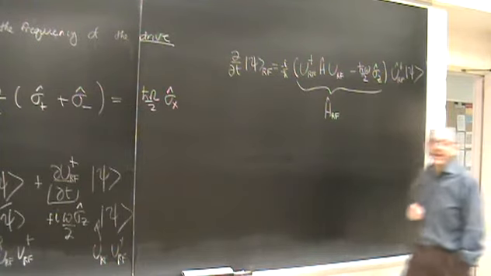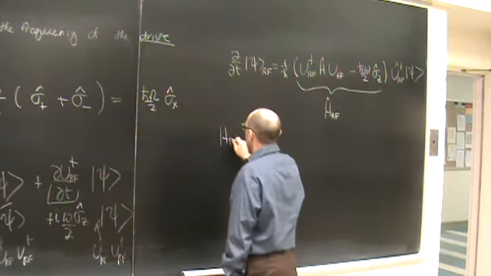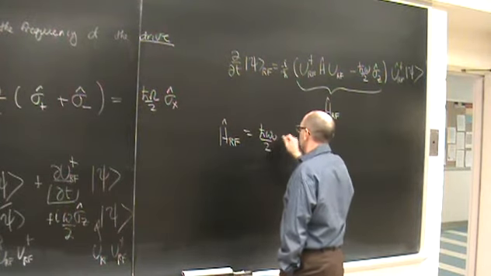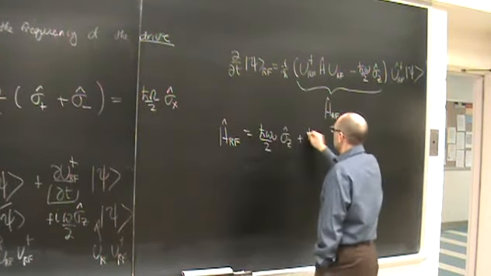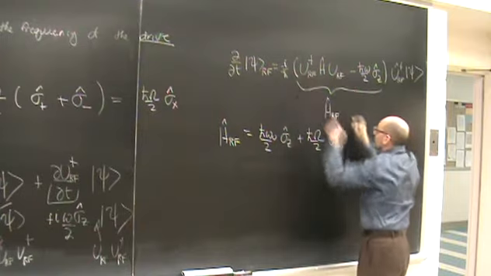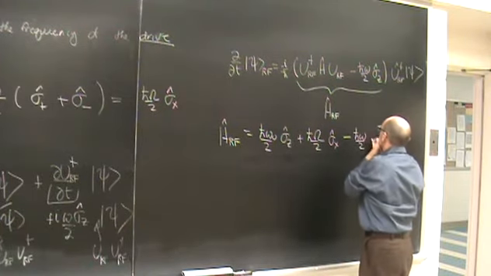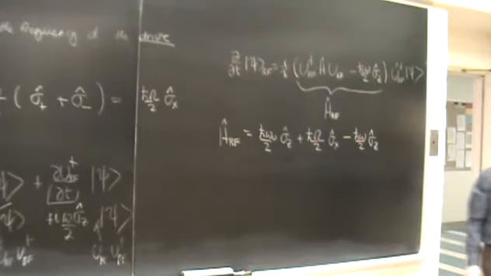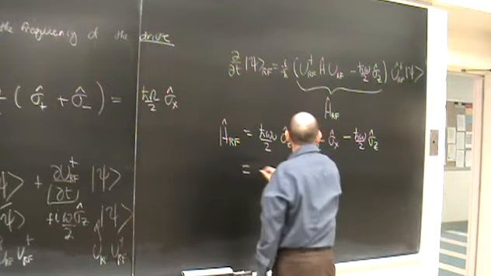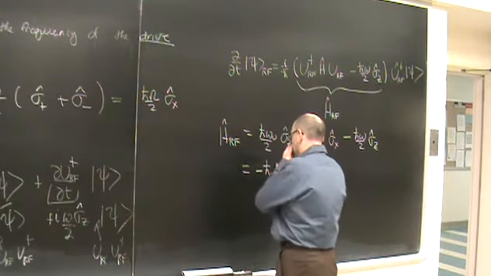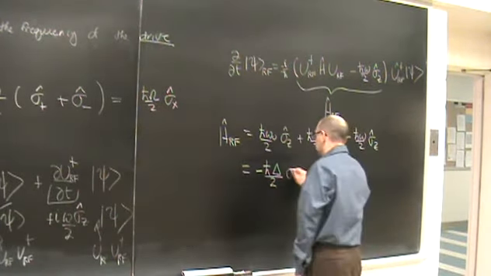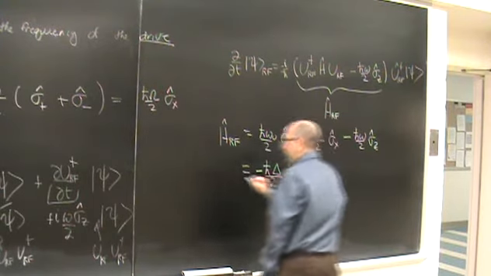Is that H naught plus the H whole naught? Okay. So let's write it down. So HRF, the effective Hamiltonian here, is this. Well, that was h bar omega naught over 2 sigma z plus h bar times the Rabi frequency over 2 sigma x. Okay, so that's this, minus h bar omega sigma z when we go to the rotating frame. So this is equal to minus h bar delta over 2 sigma z plus